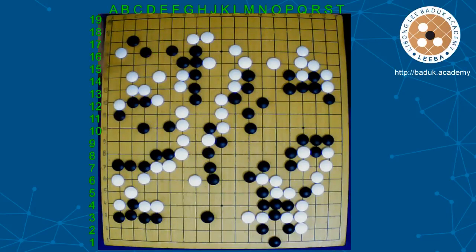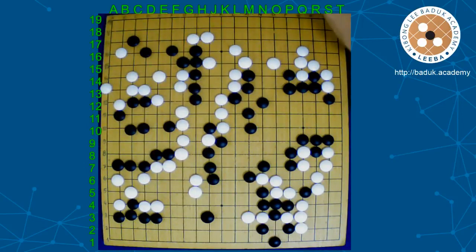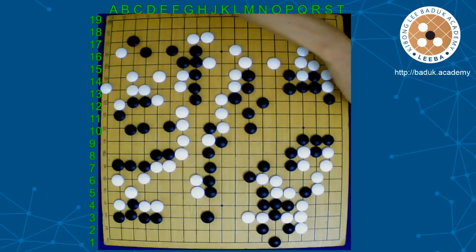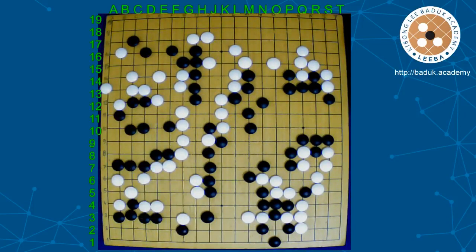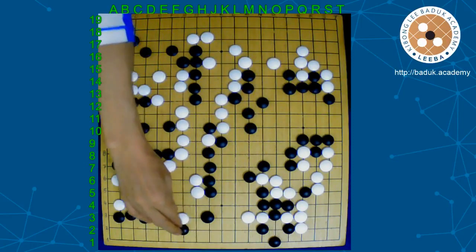And this is center for white. Finally extend. Actually for both sides it was center too. Now this one. To do this, have to check very well. Otherwise, if black could not connect, then